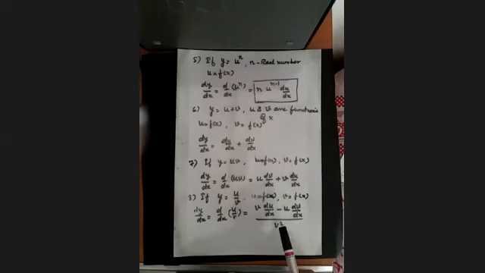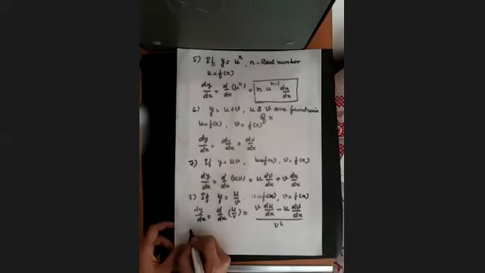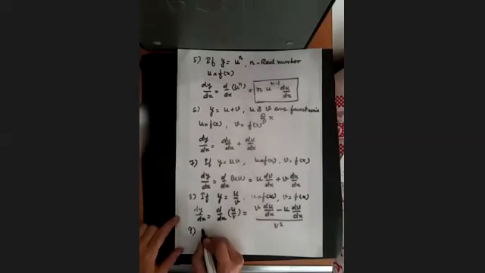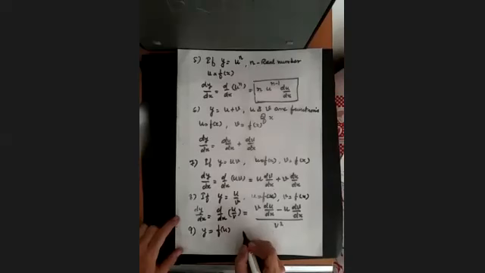So these are some formulae, and another one. This is the same thing that we have discussed earlier also. If y is a function of u and u is a function of x, then dy by dx. Now y depends upon u, but u depends upon x. Then if you want to find out the differentiation of y with respect to x, it will be given by differentiation of y with respect to u multiplied by differentiation of u with respect to x.